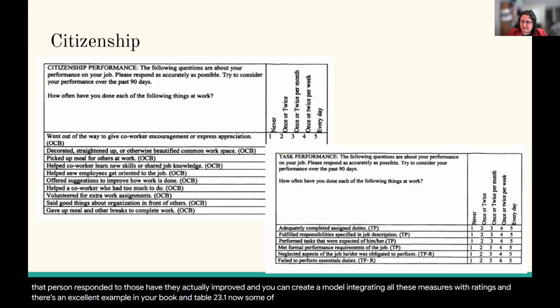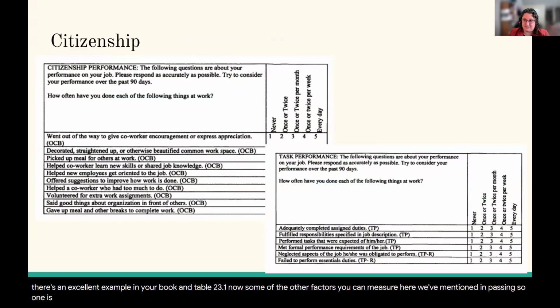Now, some of the other factors you can measure here we've mentioned in passing. So one is citizenship to the organization. Basically, how much are they contributing with their work performance? So here's a couple different examples. So citizenship performance,